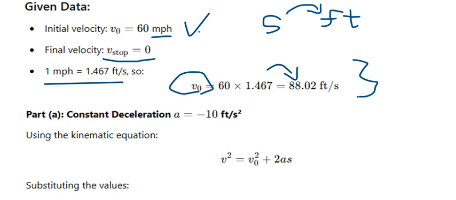All right. Then the very first part is to calculate the stop distance with constant deceleration. Here is your deceleration, with the minus sign, and the magnitude is 10 feet per second squared. So we're okay, and we're going to use this